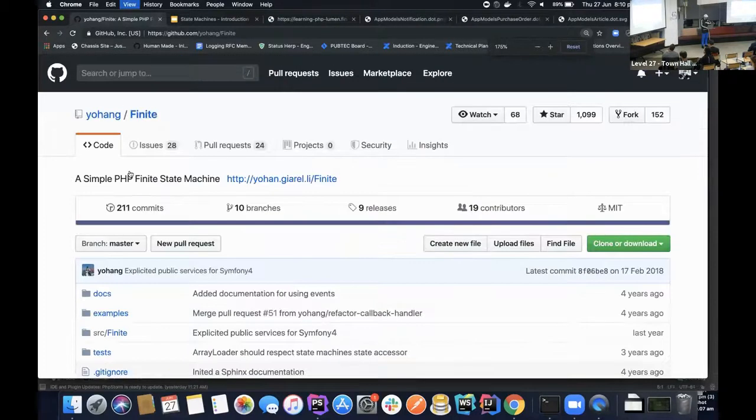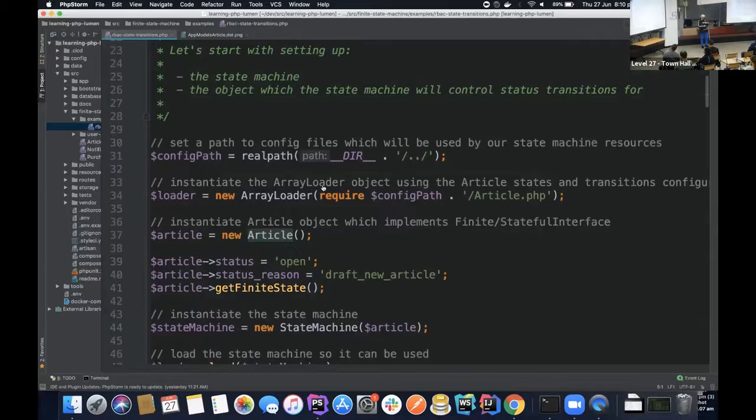So it's this one here. So finite. I ended up installing that via Composer, the tool I was talking about before. And then I went ahead and built a few classes to wrap the functionality of that state machine library. Now, one of the first things that we're going to do here, we're going to instantiate something